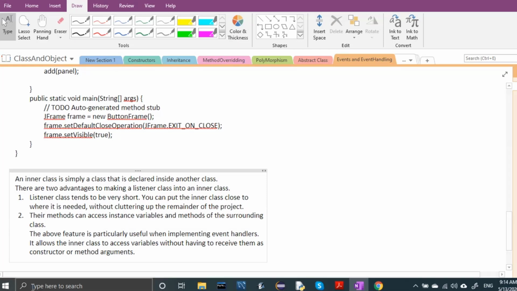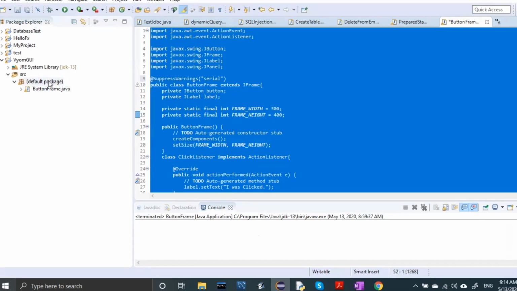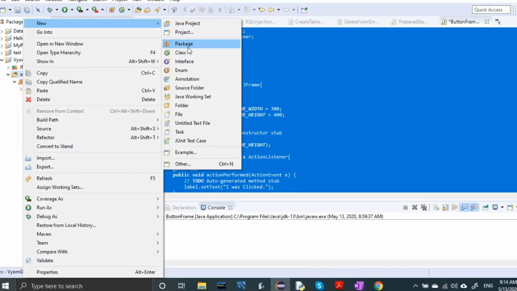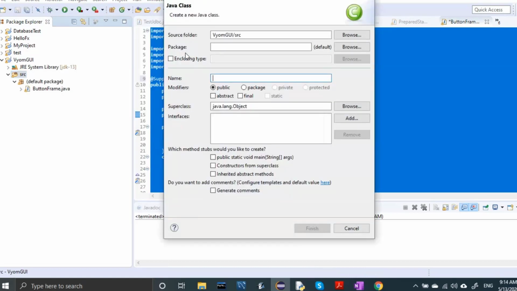So let me give you another example. Say class InvestmentFrame, which also contains a public method.